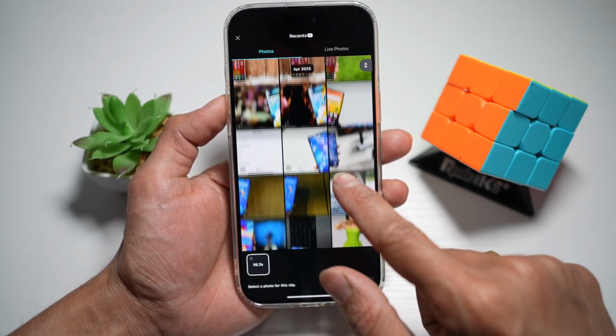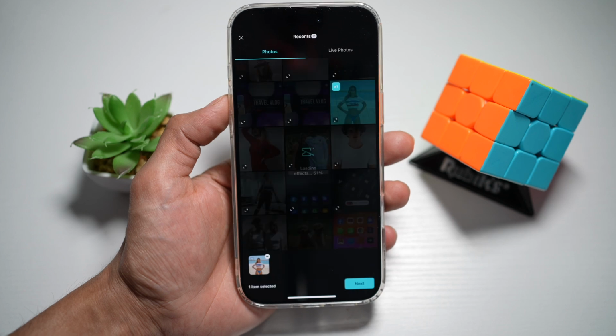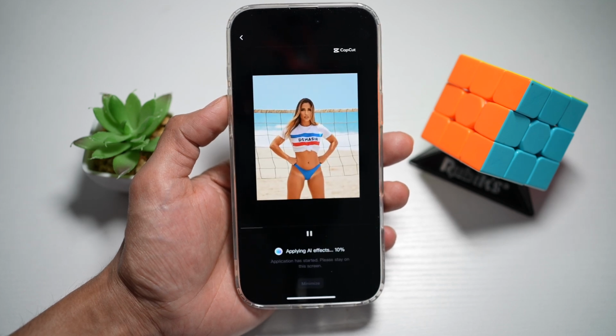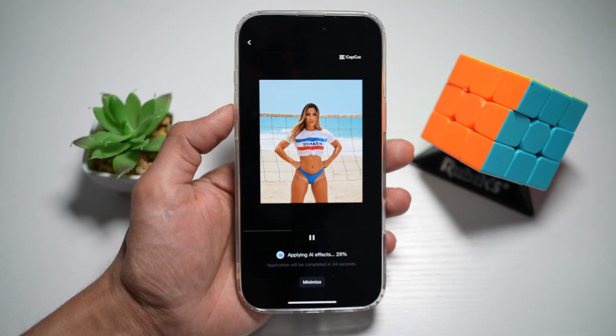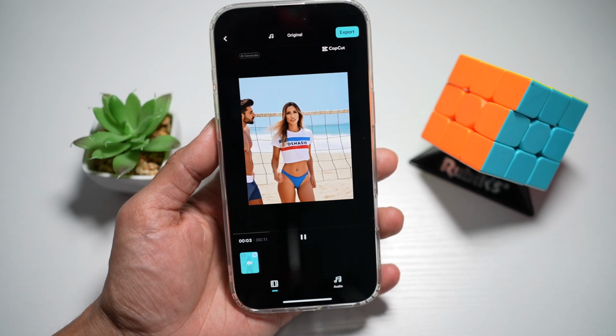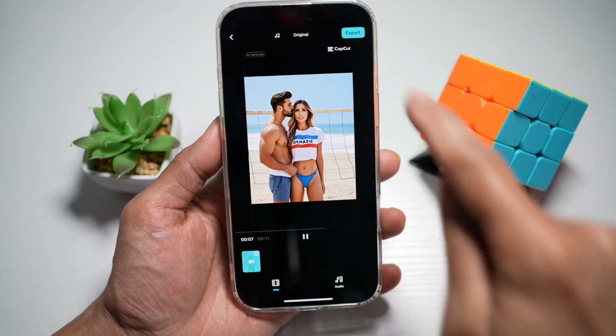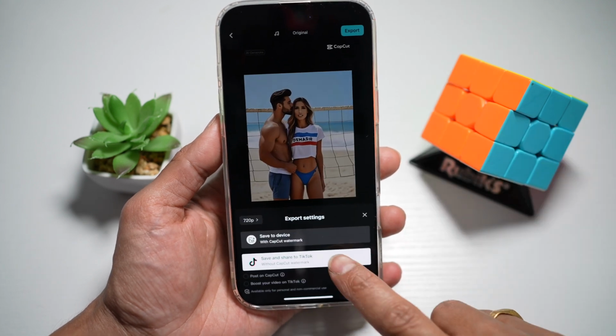Now go ahead and post a picture of yourself. And tap on next. Now let Capcut apply the AI effect on it. So just give it a few minutes. Now once the AI effect has been applied, you'll see yourself with a male character in your scene and giving you a kiss. So once you're happy, tap export here at the top right and then tap save and share